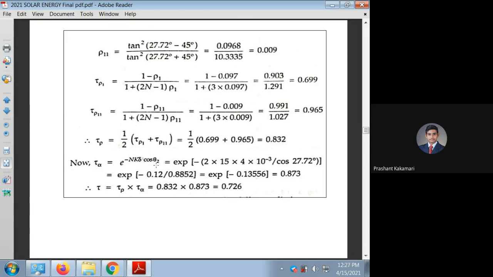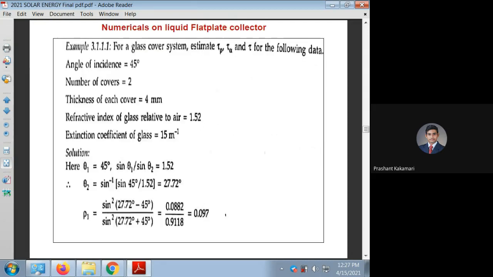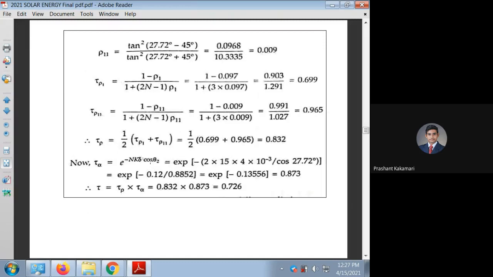So why have they taken cos theta 2? Because some incident angle is given. Also some refracted angle is found out. So due to that, we have taken cos theta 2. So that is given by e raised to minus number of glass covers, 2,